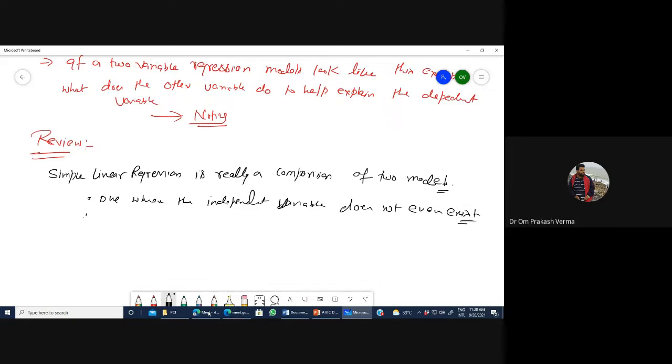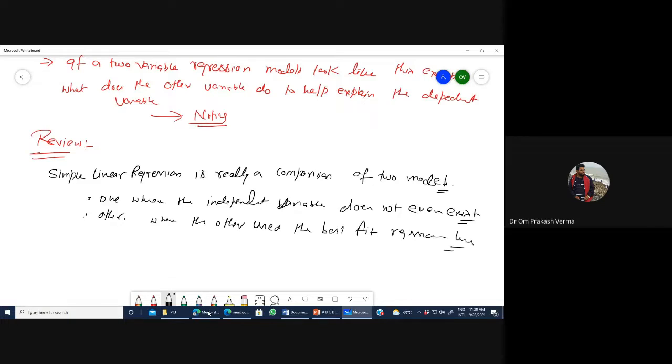Or in the second model, we use the best fit regression line.